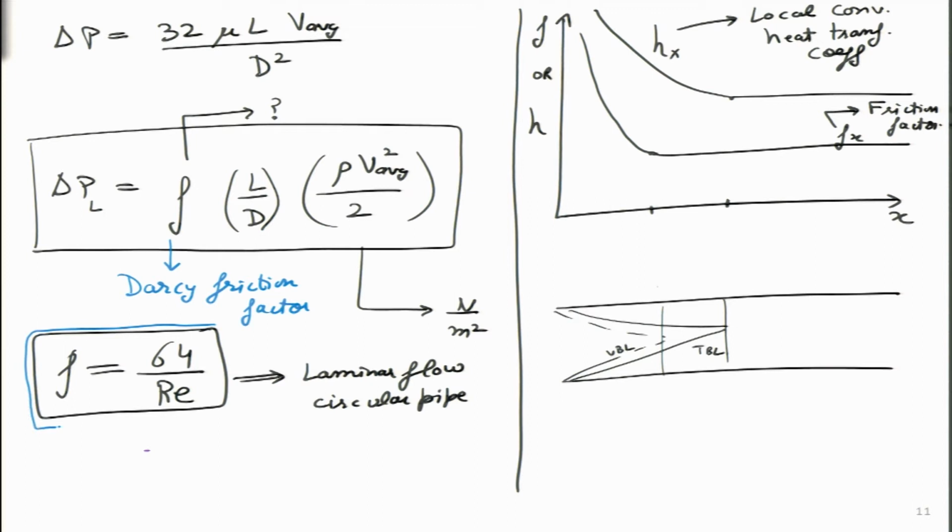So, this turns out to be a very simple equation over here, and I think towards the end of this particular section, I can maybe also write it for turbulent flow, because later on we will look at it for turbulent flows as well. That F value turns out to be slightly complicated. There is a logarithmic term involved over here, then another term, and the whole thing is raised to the power minus 2, and this is true only for smooth pipes in case of turbulent flow.